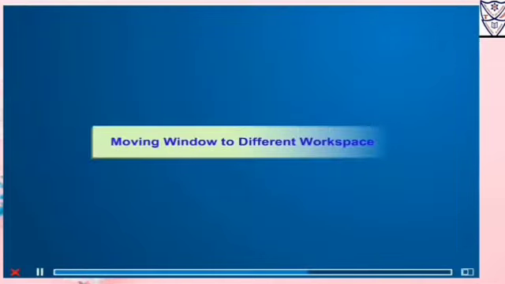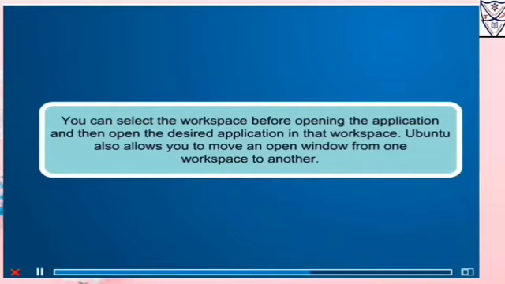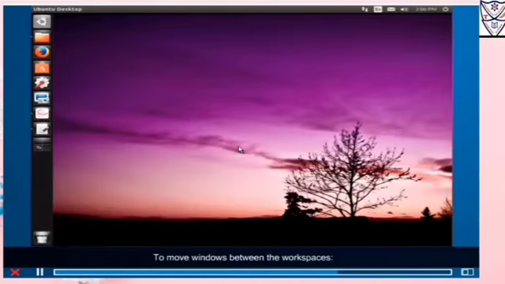Moving window to different workspace. You can select the workspace before opening the application and then open the desired application in that workspace. Ubuntu also allows you to move an open window from one workspace to another. To move windows between the workspaces,